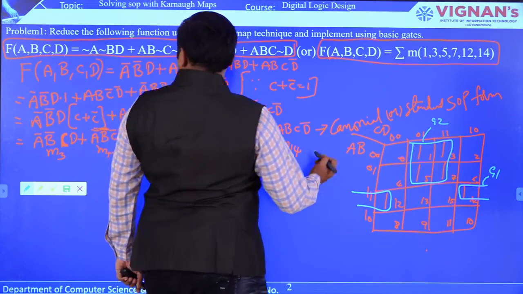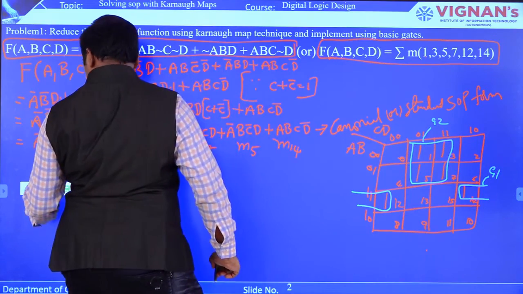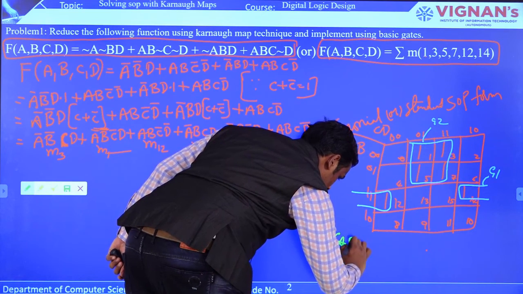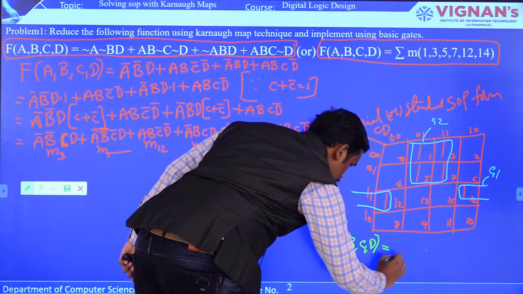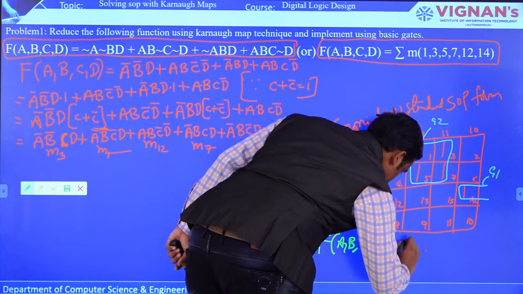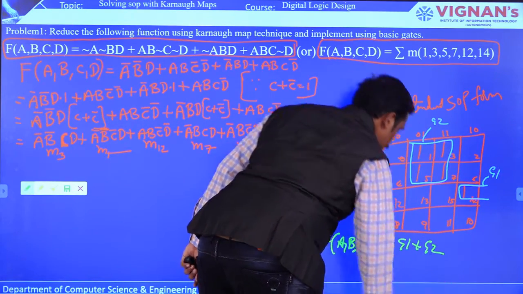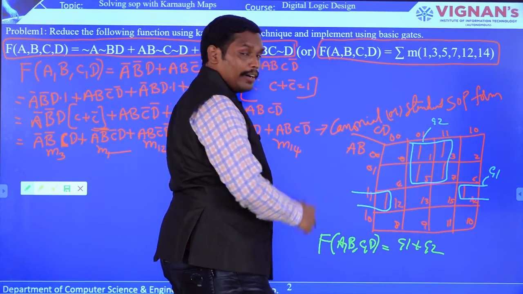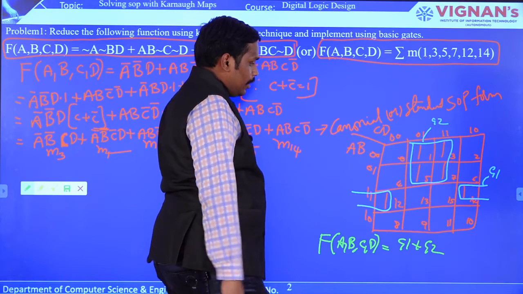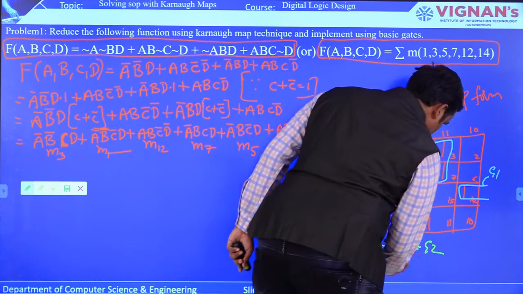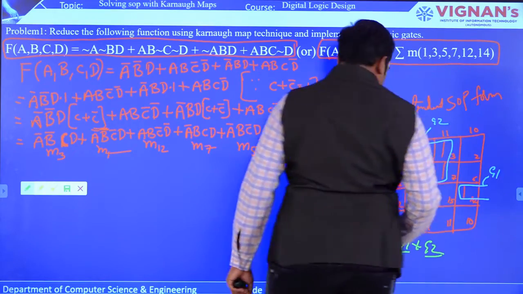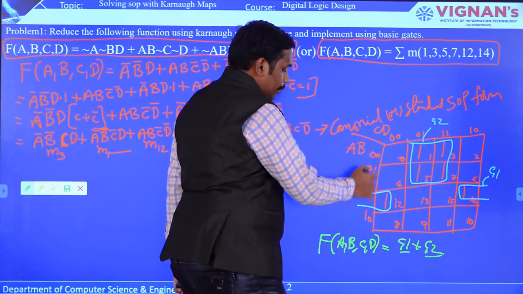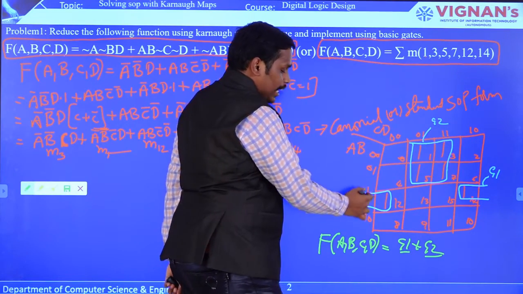So we say the 4 variables, and now this group 1, G1 plus G2. How do we get G1? You can see the row and column, wherever there are common variables for the pair of ones, then we can construct the expression based on that. You can see here this particular pair of ones has the same row, that is A and B are same, and also A and B are having ones.